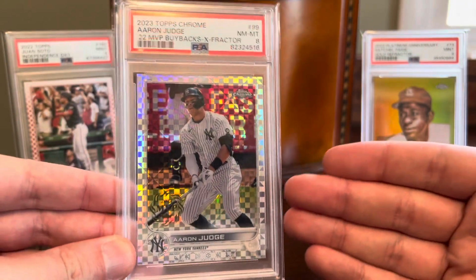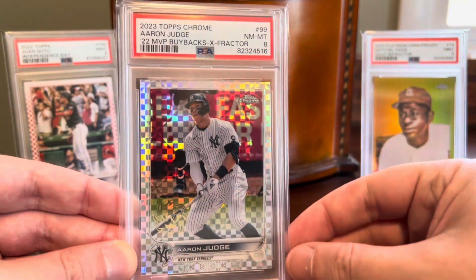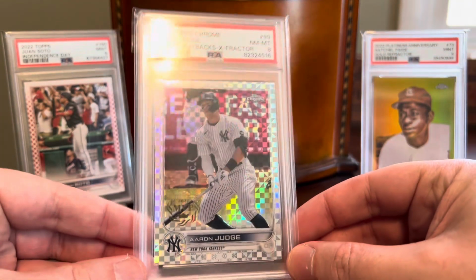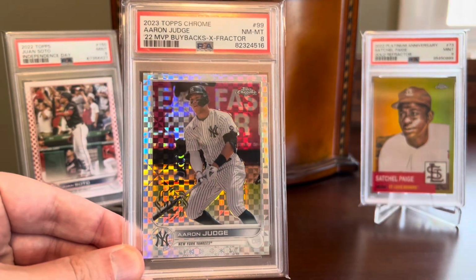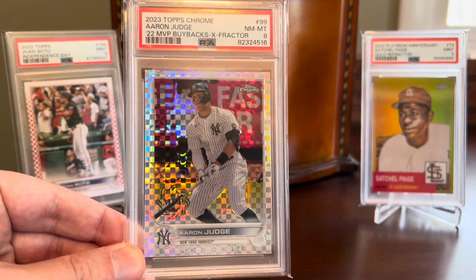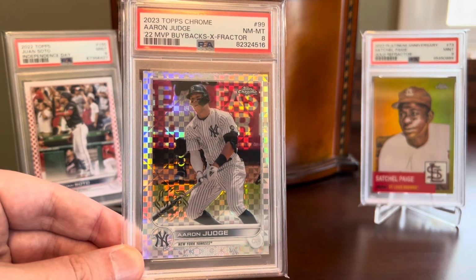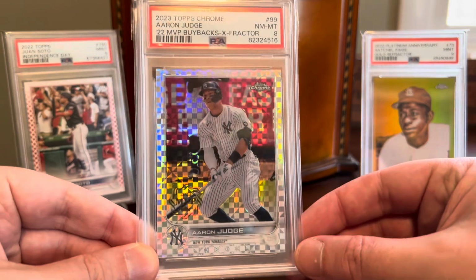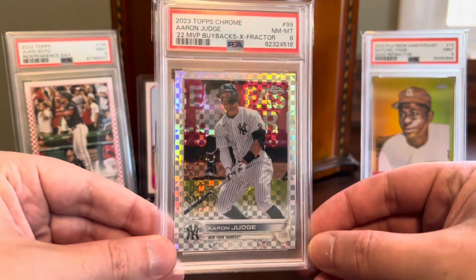And then these were reissued the following year in packs of 2023 Topps Chrome as buybacks. And I've kind of become known as a buyback collector here in the community. They're a type of card that I'm just enamored with. And I've built a huge buyback collection over the years of various Topps buybacks. And so this is the perfect card from my collection to commemorate Aaron Judge's